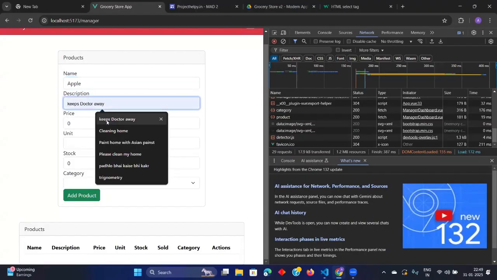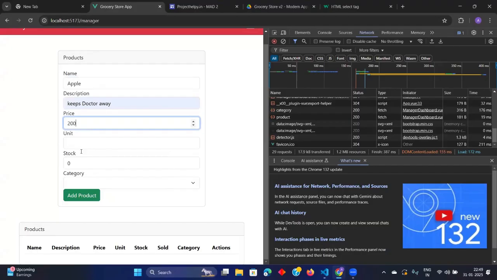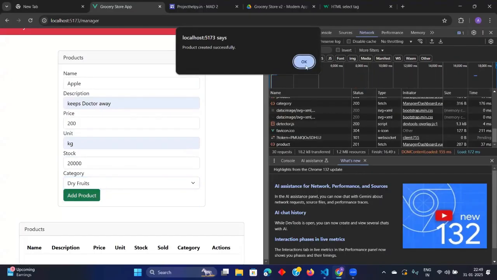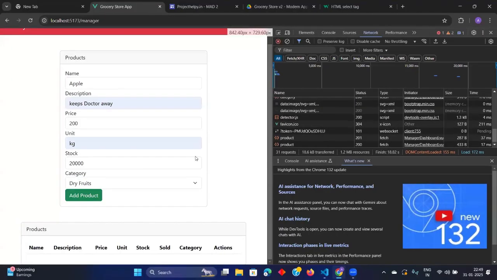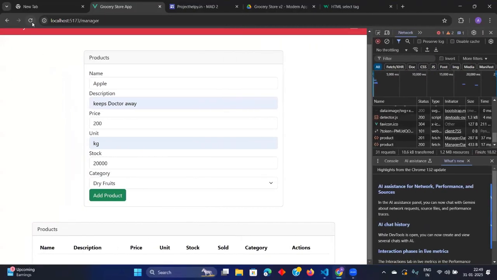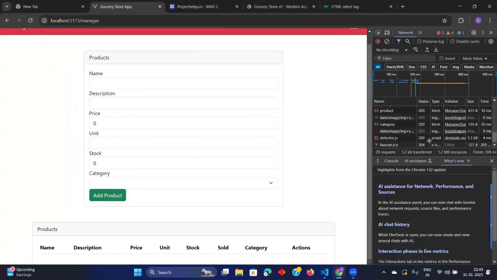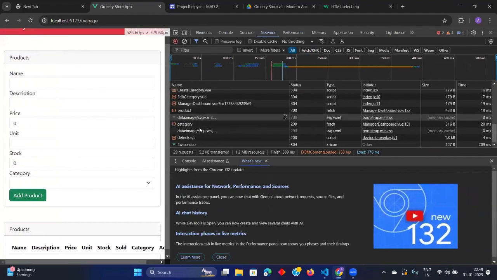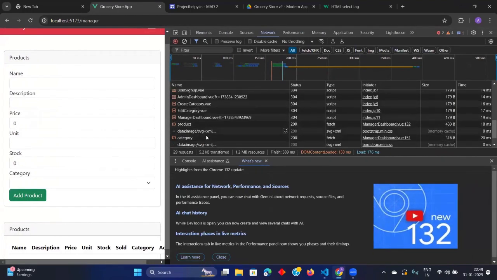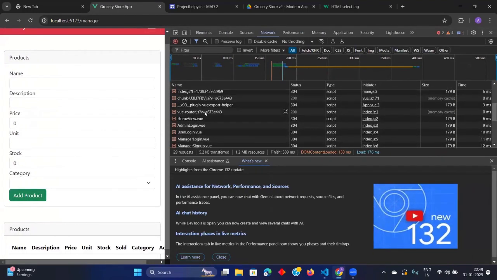Apple. Unit kg. Now product created successfully. Now what is happening is product is already created, but we are not able to see it below, right? I refresh the page, but on refreshing also it is not coming.